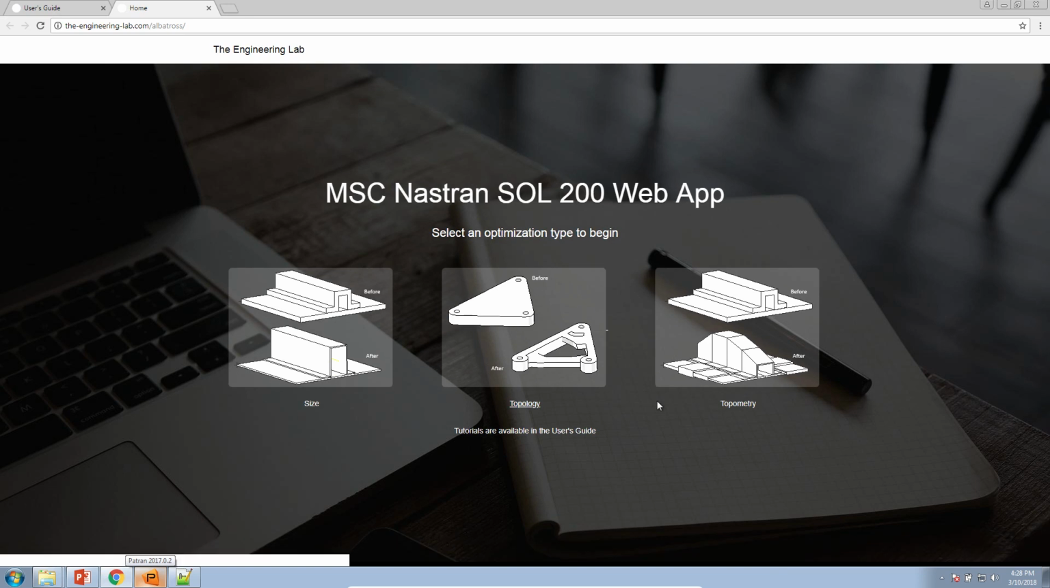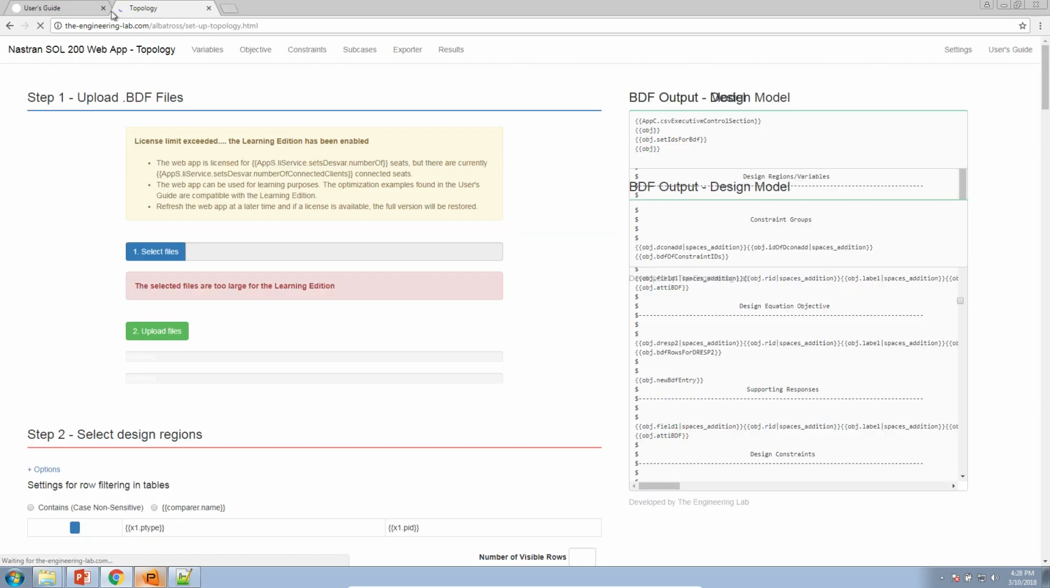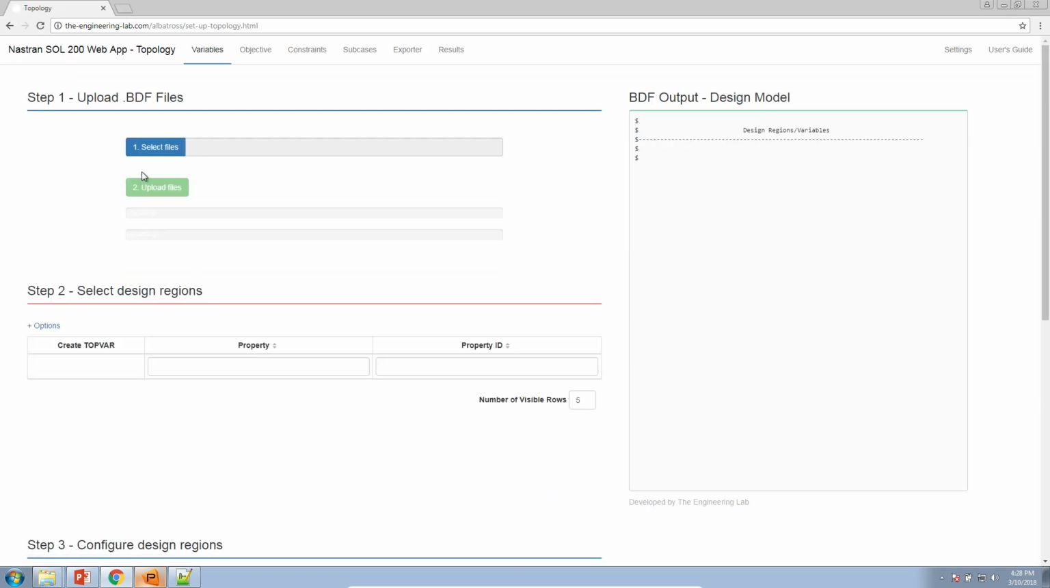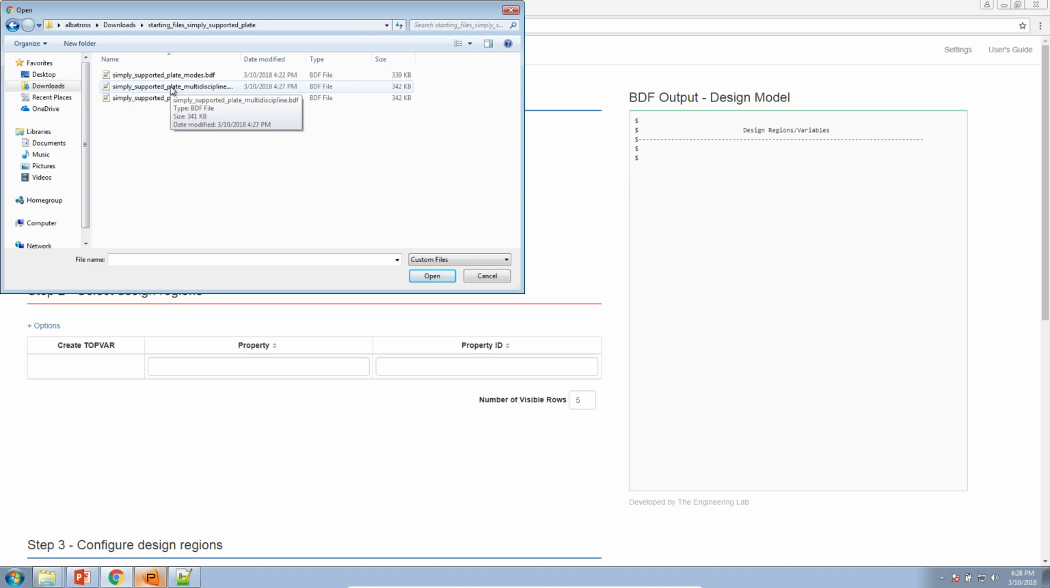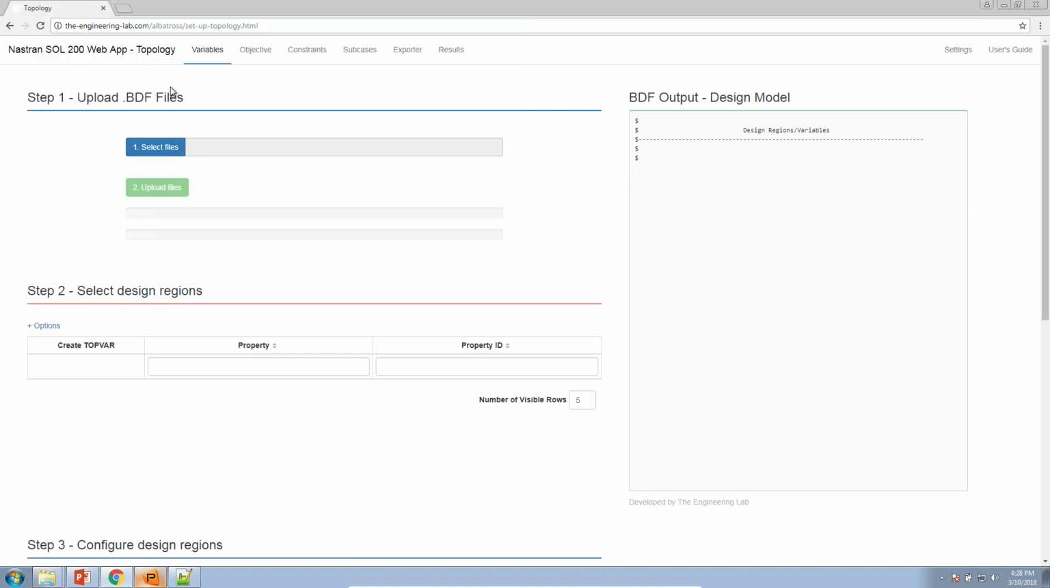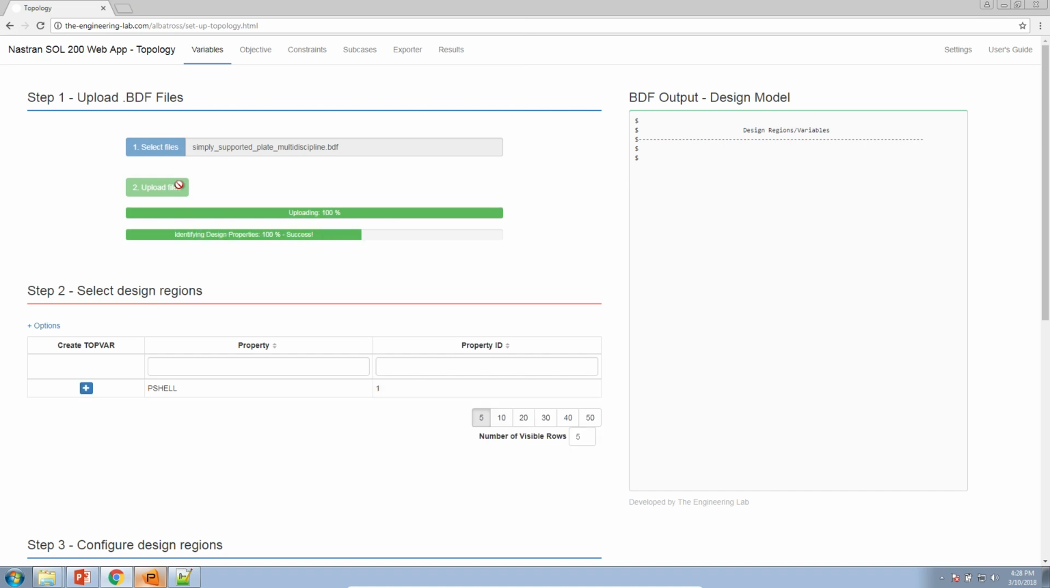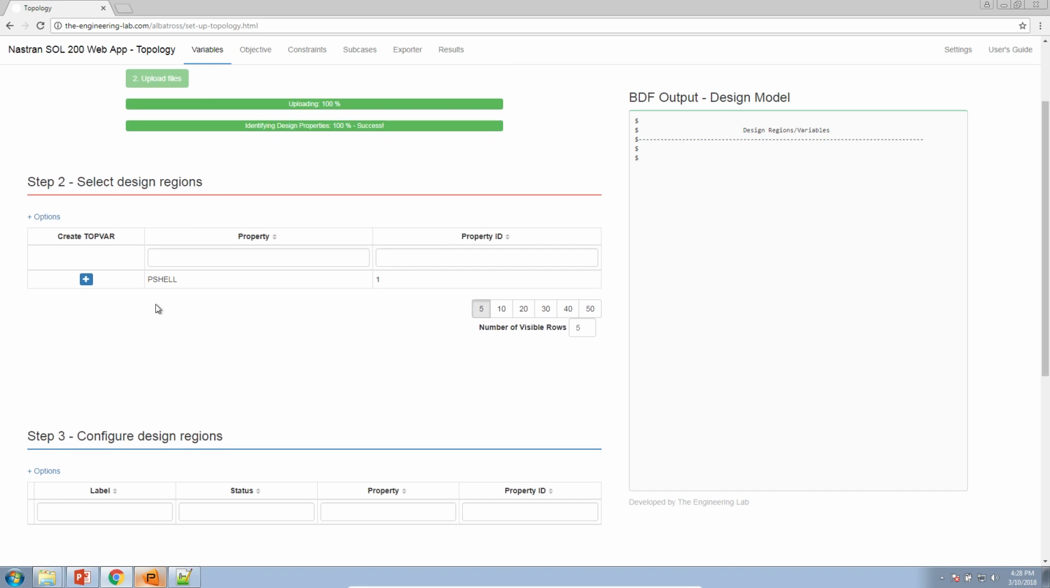So when you're here in the home page of the web app, click on Topology. This is the middle icon. This would take you to the Topology web app. So let's go ahead and upload this new combined file. Remember, this file contains all the statements you need to perform both a static and normal modes analysis. When you upload the file or your model to the web app, it's going to identify all the